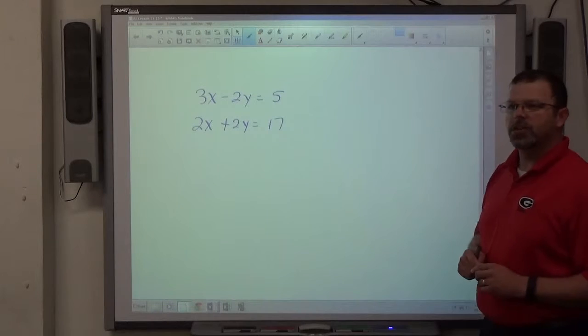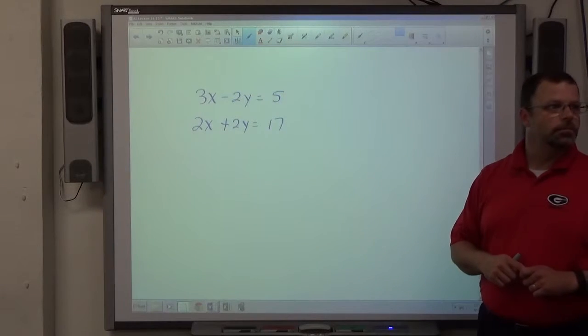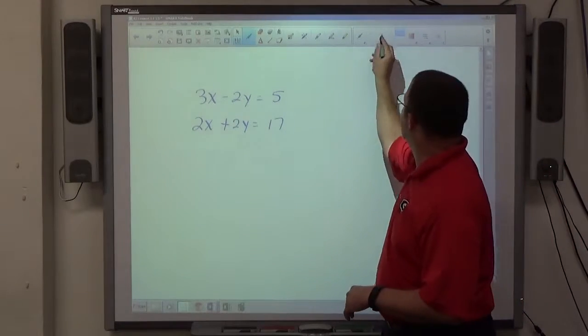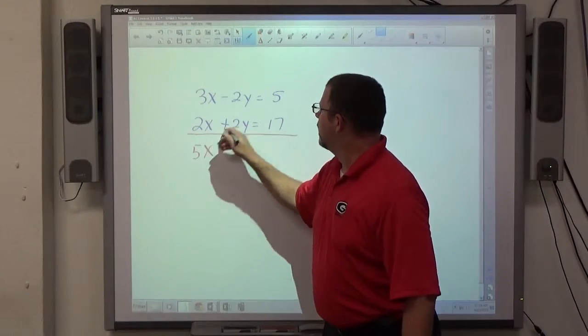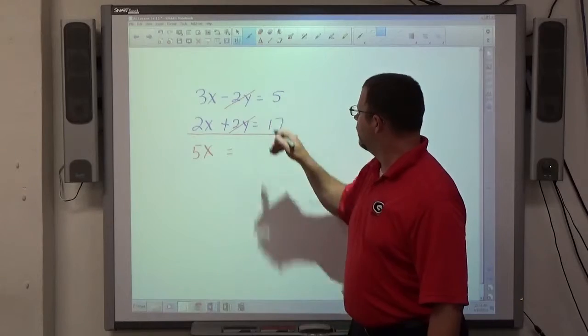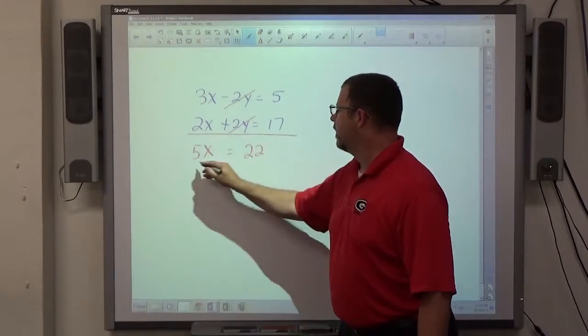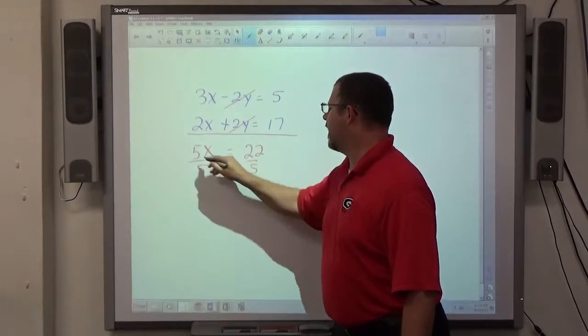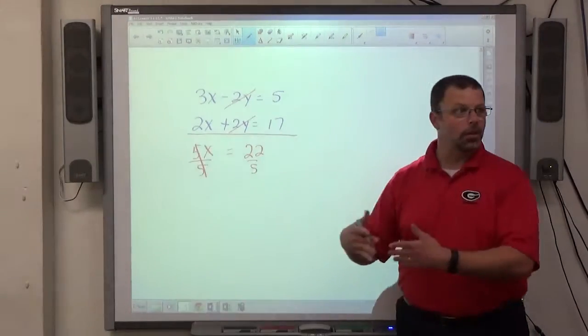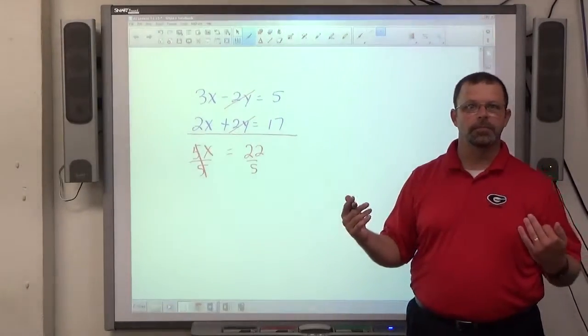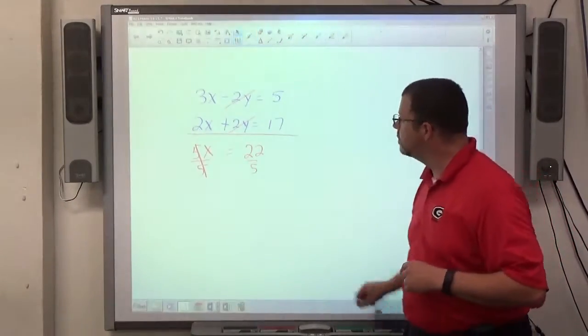Does everybody notice that we can just immediately get rid of y the way it's set up? So we're ready to go immediately on elimination. So that's nice. 3x and 2x makes 5x. Negative and positive 2y cancel. 17 and 5 make 22. Divide by 5, divide by 5, I get x equals 22/5. Okay, so to go back and find y, I could do that substitution technique, right? The other thing I could do